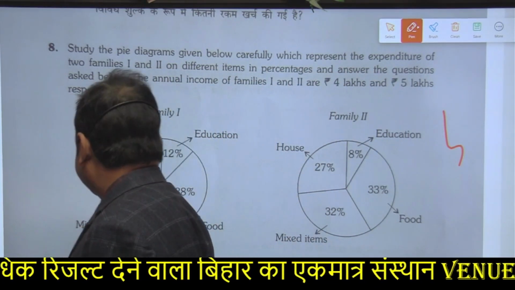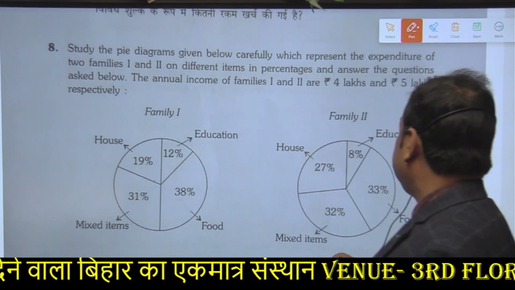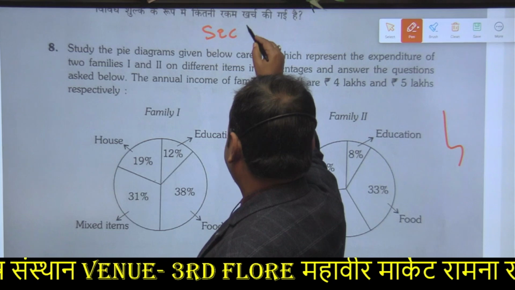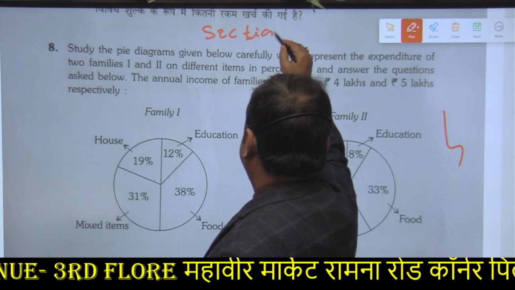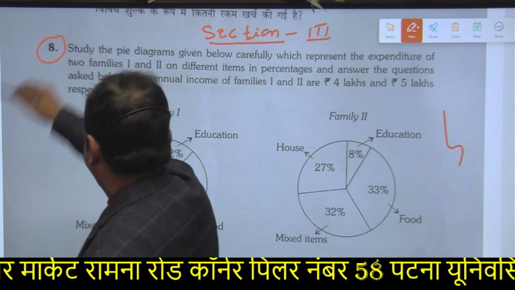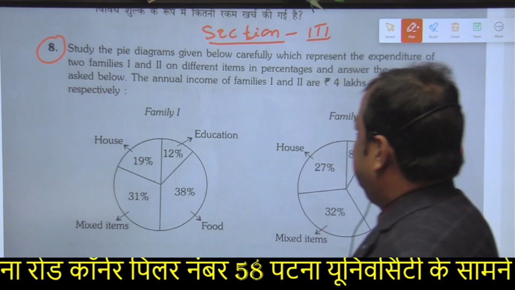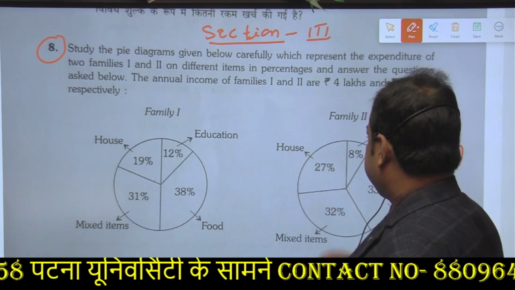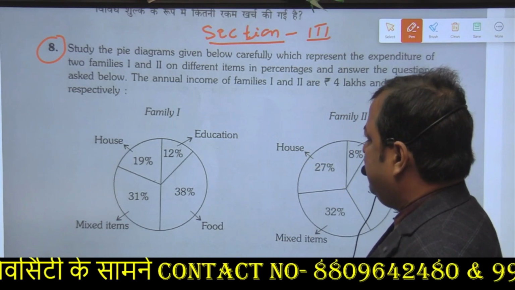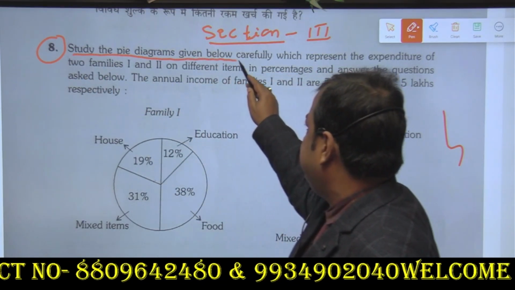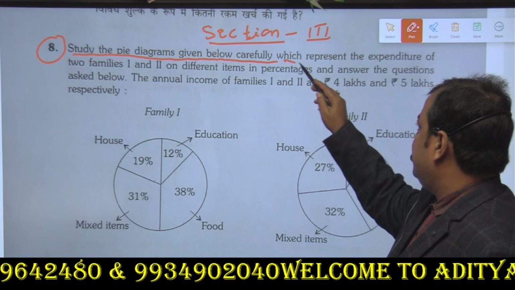69. In this video, first of all, section 3, question number 8. First of all, this figure given by the question: the study of pie diagram given below carefully, which represents